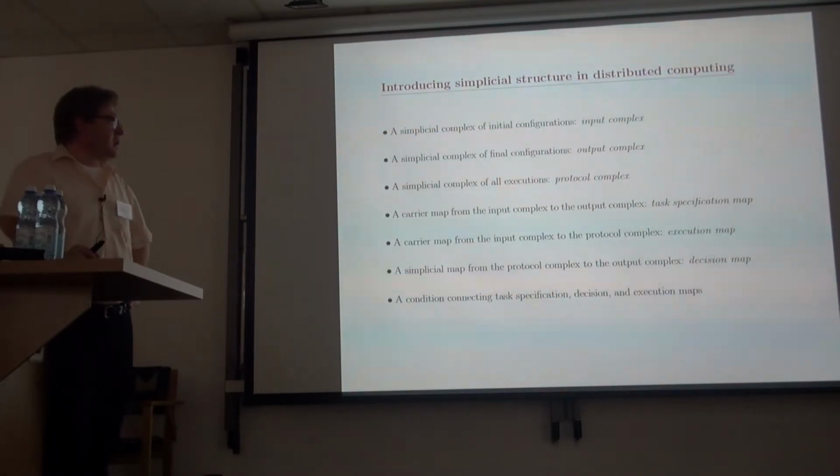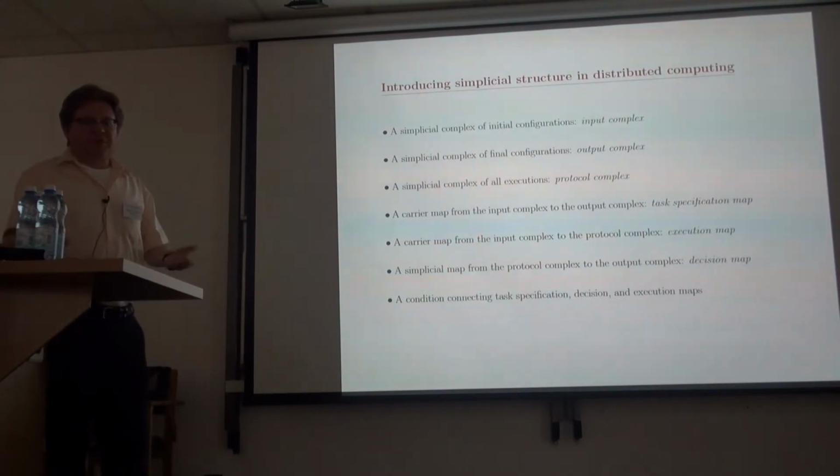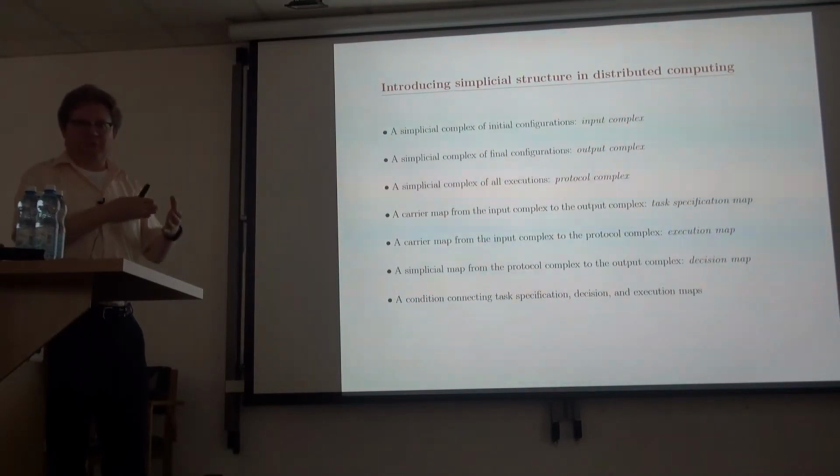So in the very simplest case, if I have, for example, 2 processes and each one simply writes to the memory and then it reads, then there are actually three possibilities of what can happen. Either the first process will do all of its writing and reading, then the second one will do that, or the other way around, or they will do it simultaneously, right? They will write both and read both. So there are three different executions, and for example, there are different views.